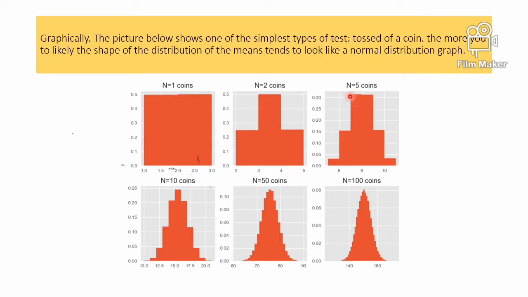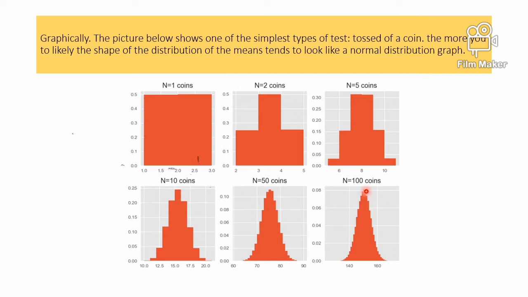And if you have n equal to 5 coins tossed, this will be represented as the histogram, and it is likely to tend to be normal. If the number of coins is 10, it is likely to be normal from the histogram. And if n is 50, going up to n equal to 100,